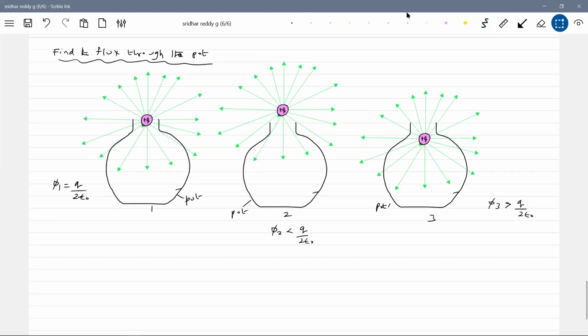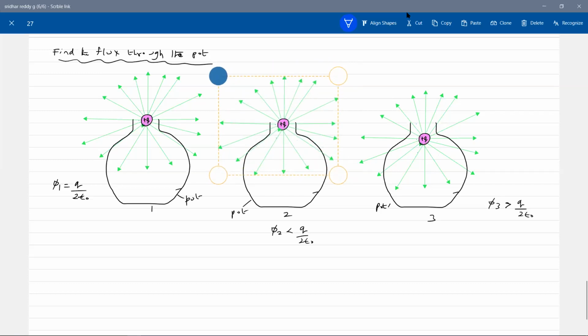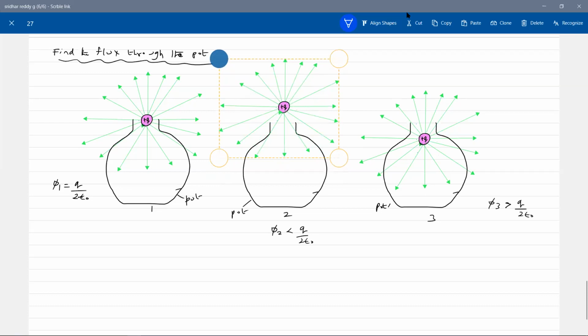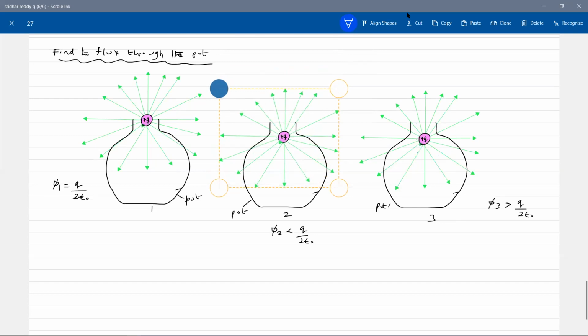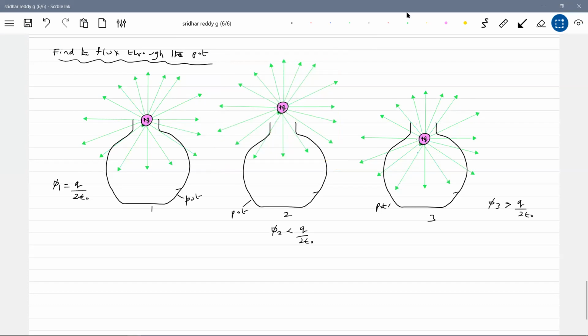So here I'll take this diagram. If I keep it exactly at the mouth, 7 lines of force are passing through the surface of the pot. If I just move above, the number of lines of force will decrease, so flux will decrease. If I move the point charge into the pot, the number of lines of force passing through it will increase, no? So the flux should be greater than half of it. Now, these are some logical ideas, just to make students think about the flux. Flux means nothing but it gives us a general idea about the lines of force. Got the method?